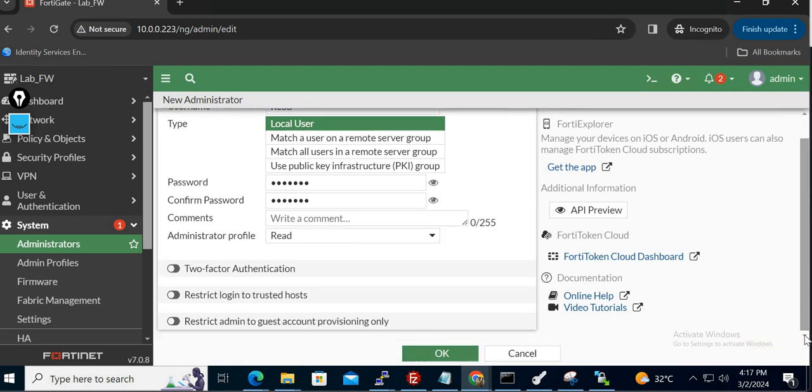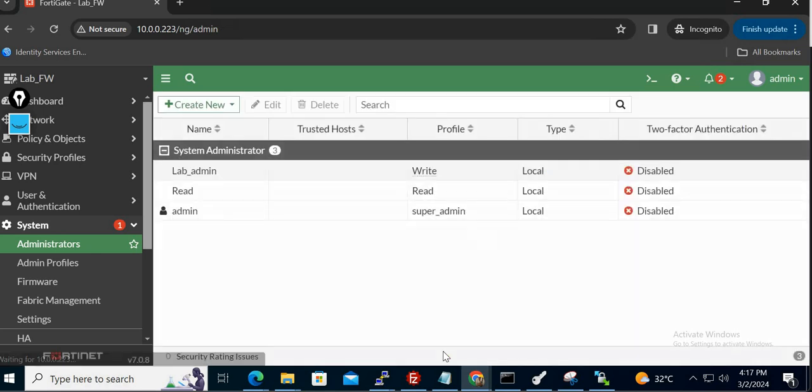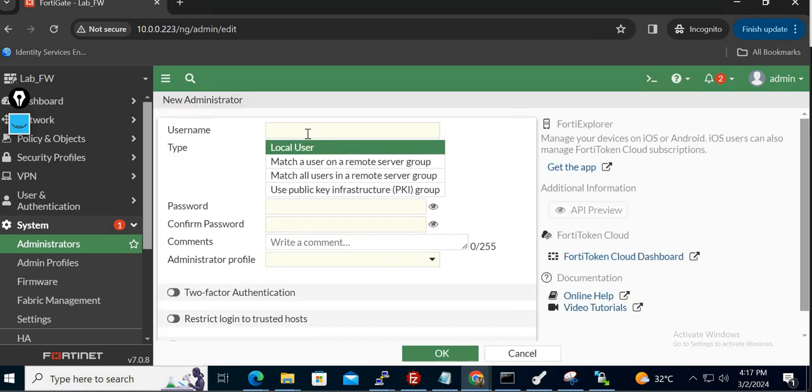See, this happens in my lab environment. Like the firewall is not responding frequently, but it will not happen in your labs. I usually use cloud devices. Then we'll give a specific